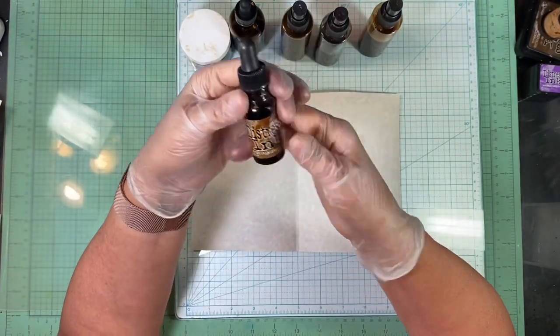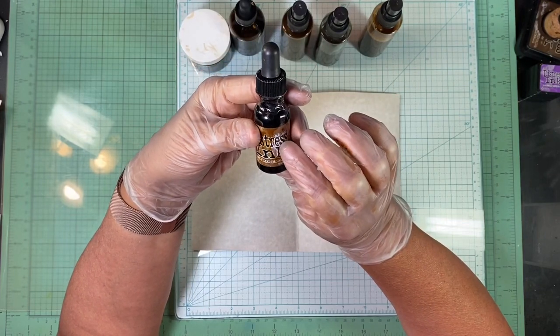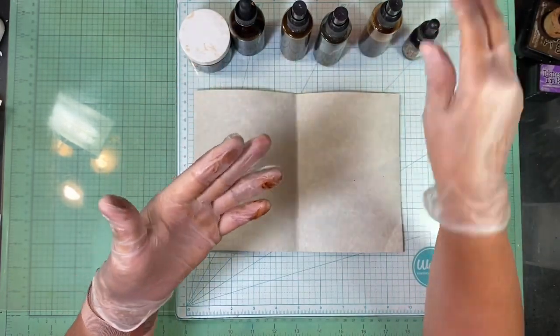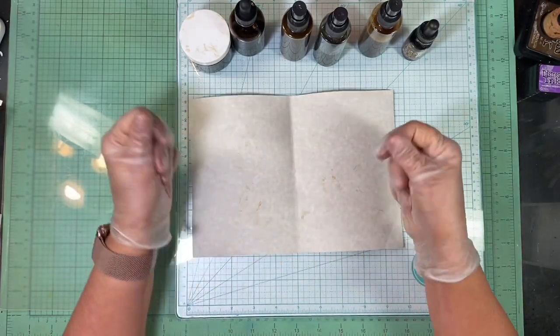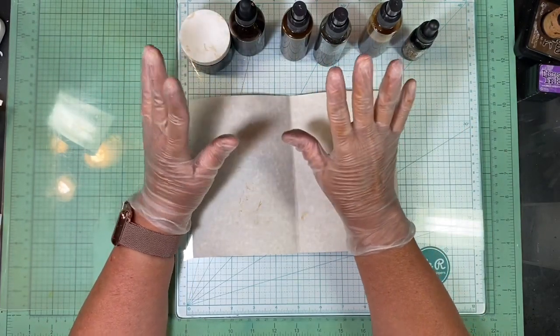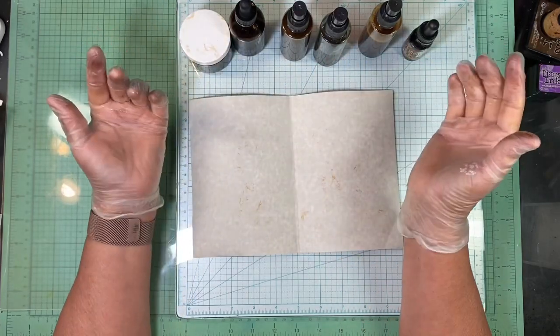Okay, this is some vintage photo that I have. Basically, this is the end of my bottle. Oh, it's leaking. Okay, that's not good. I'll just go ahead and put that on my paper. I don't want to waste that. I have gloves on for a reason. My hands have been brown from doing stuff like this, and as soon as I get them clean, it just gets to the point where,